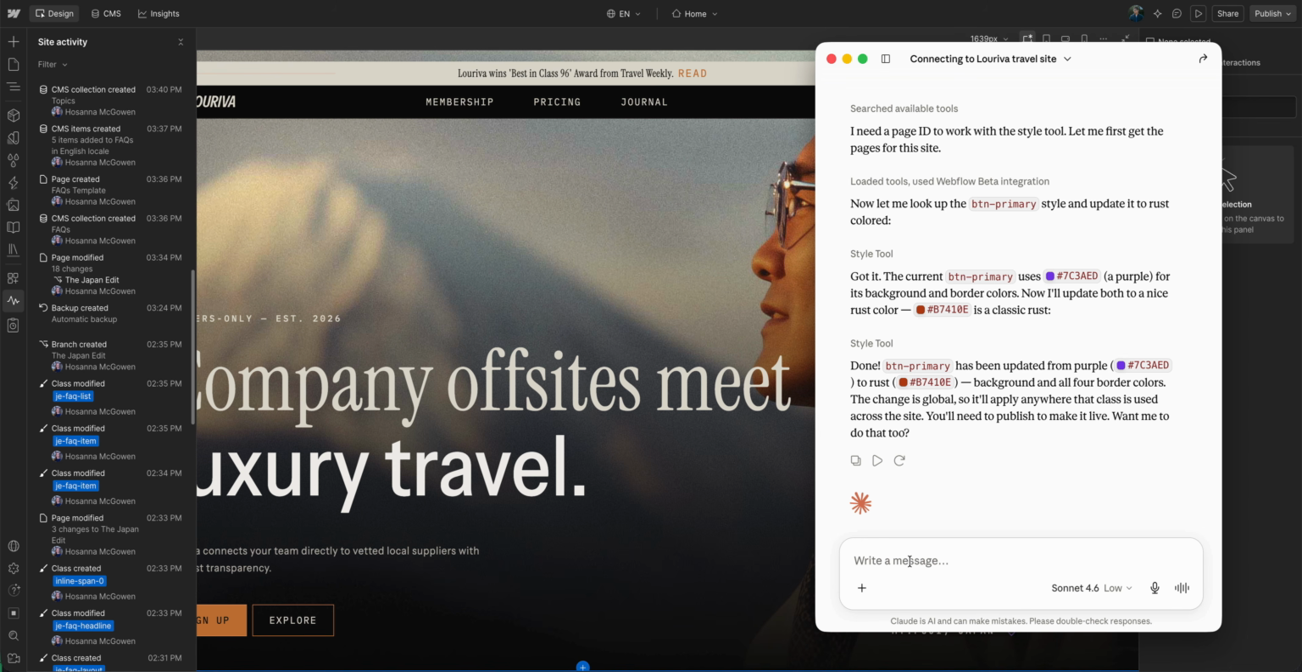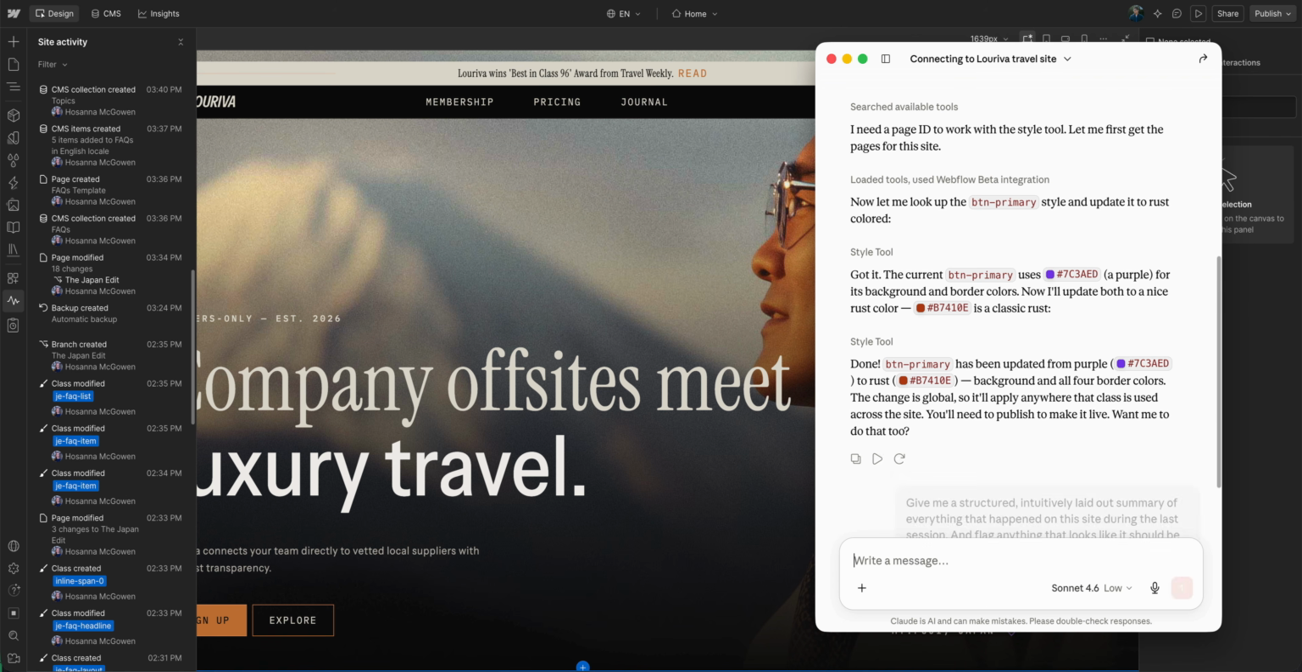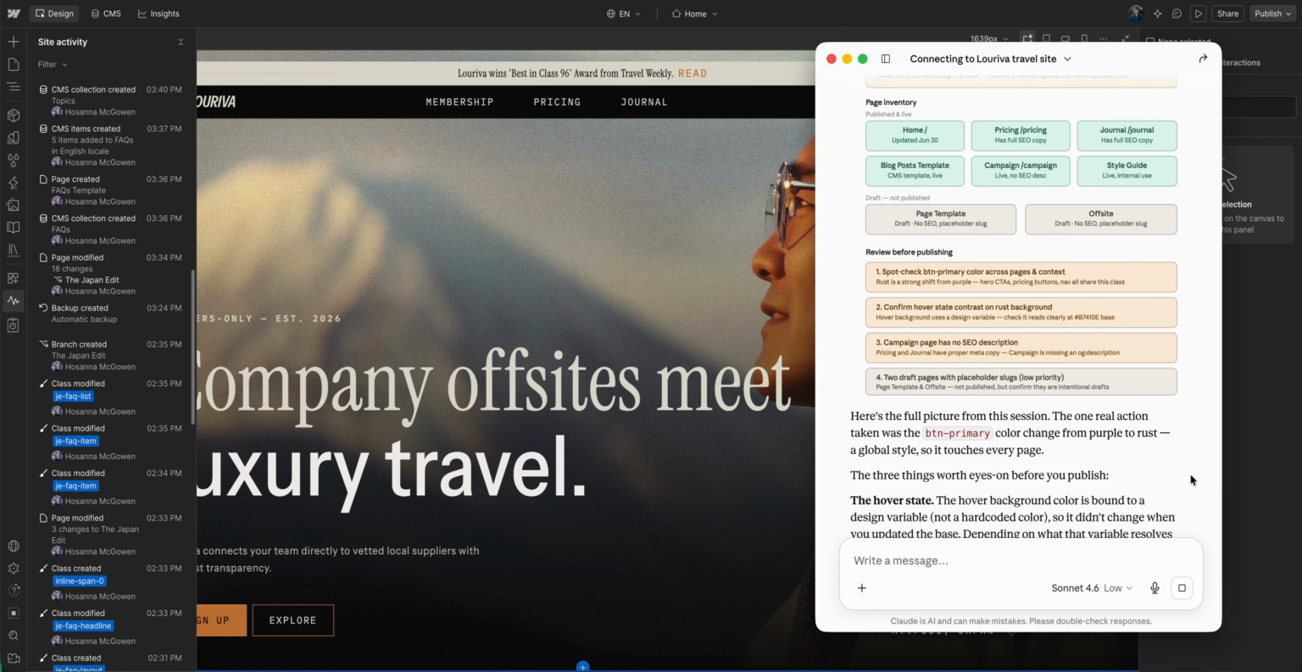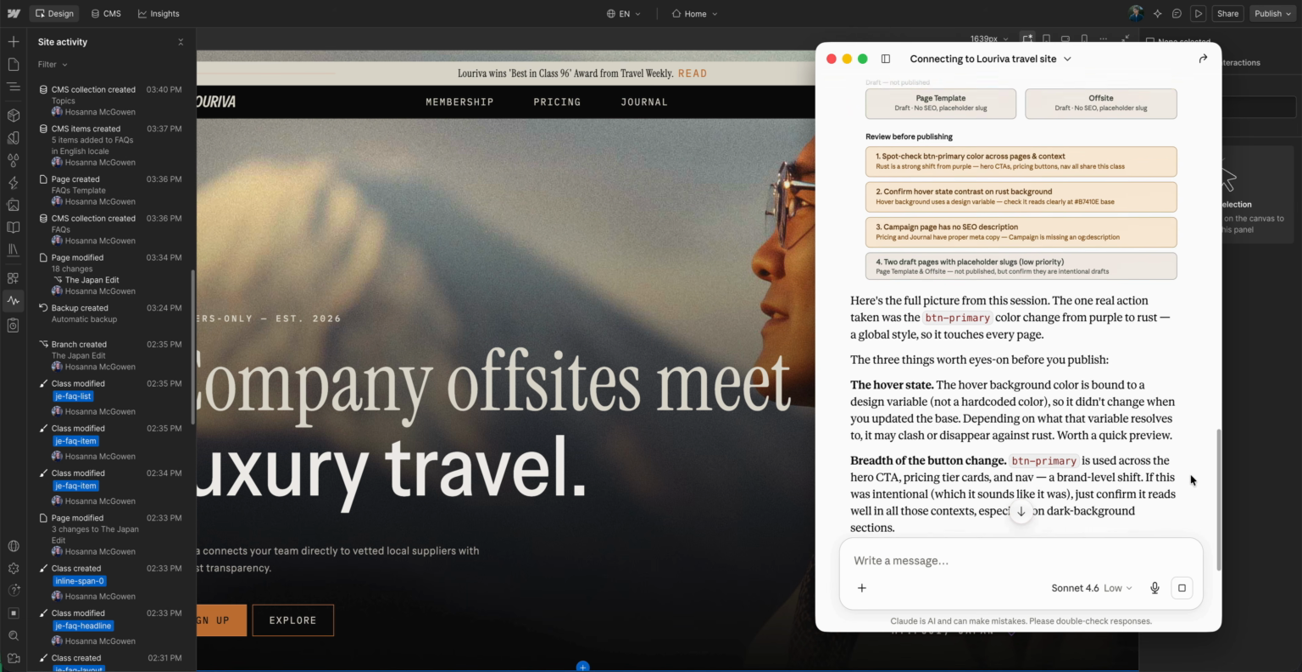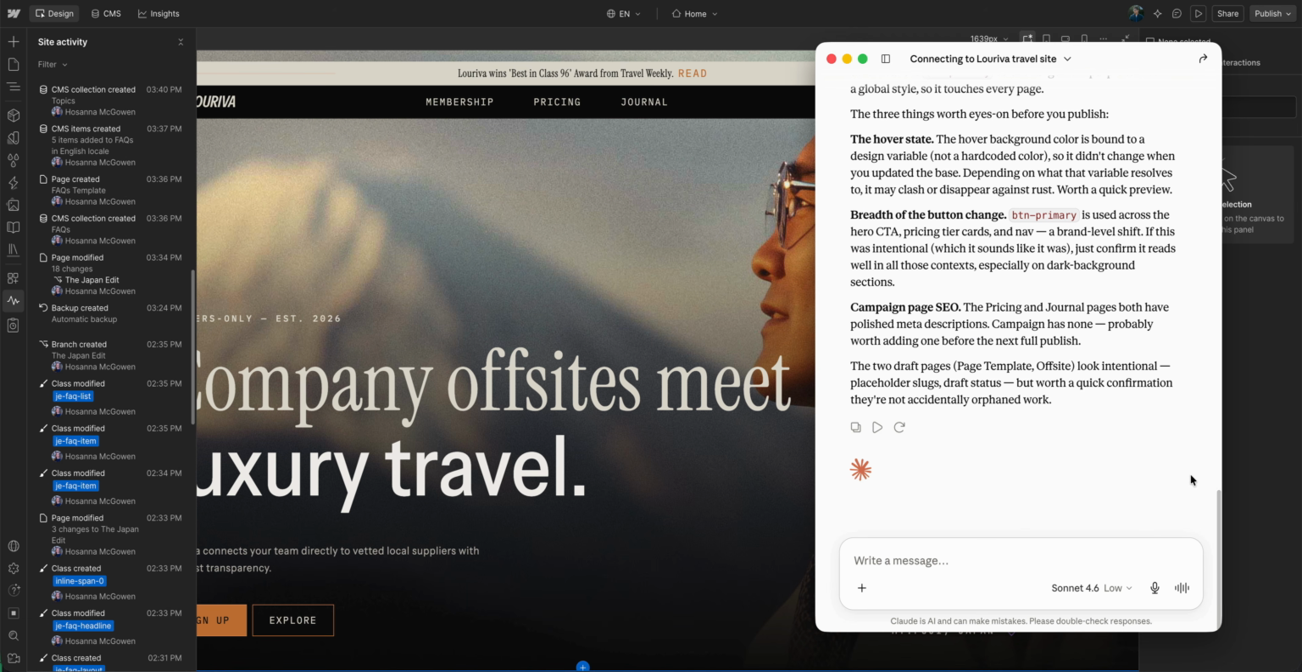And we'll drop in a prompt like, give me a structured, intuitively laid out summary of everything that happened on this site during the last session, and flag anything that looks like it should be reviewed before publishing. And now we get a report organized by change type, with a summary of what happened and anything that might need review before we publish. So the site activity log becomes more than a list of events. It becomes a way to understand what happened, check the scope of the work, and decide what might need review